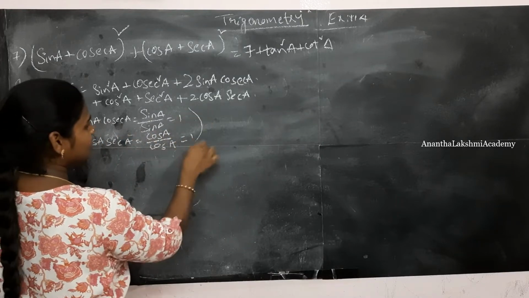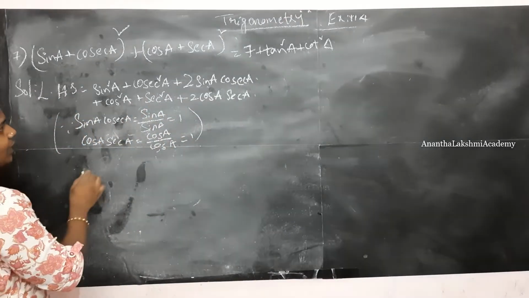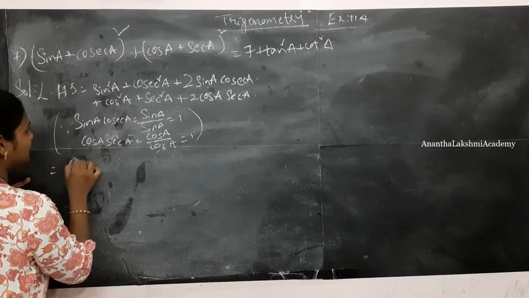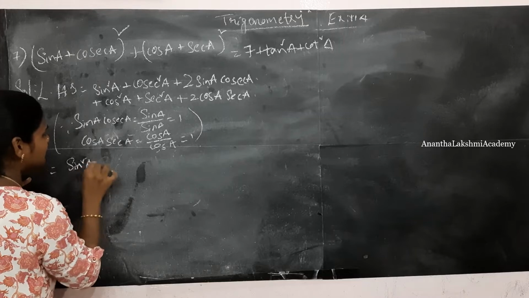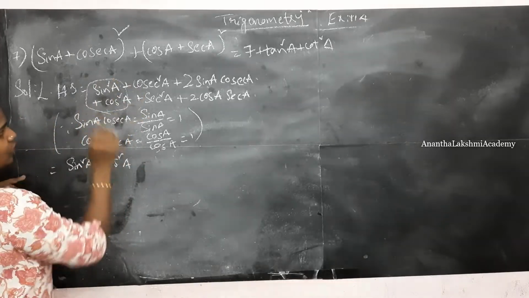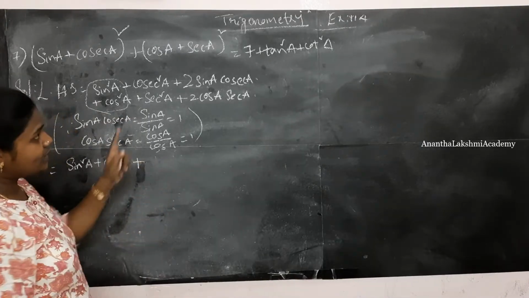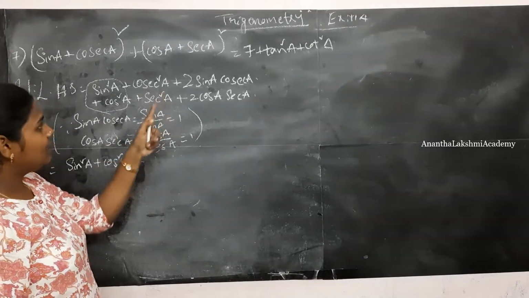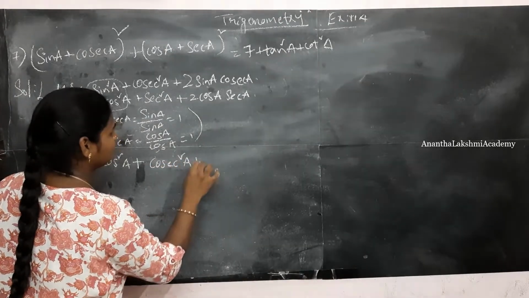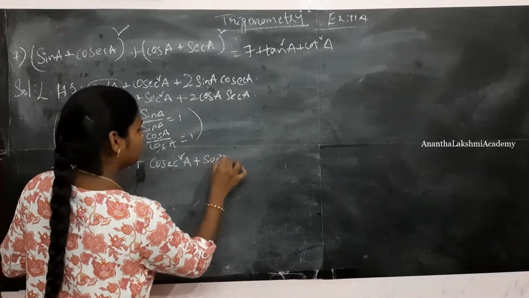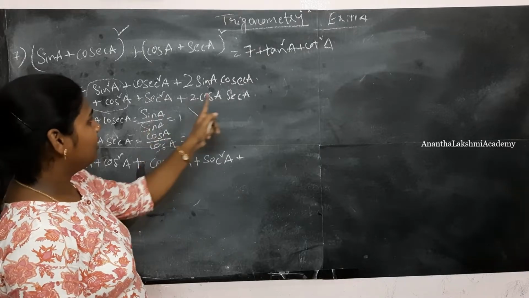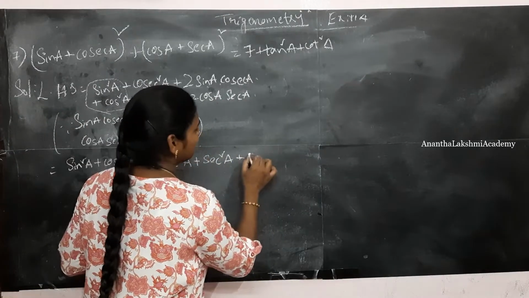Okay, here I have taken sin square A plus cos square A, plus cosecant square A plus secant square A. That is equal to, since sin A cosecant A is 1 and cos A secant A is 1, 2